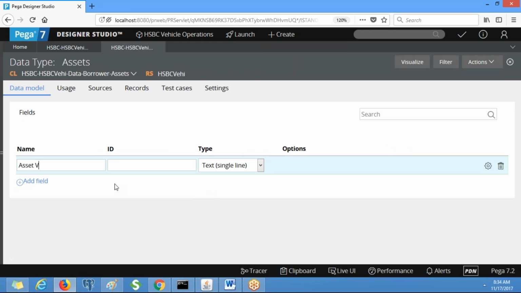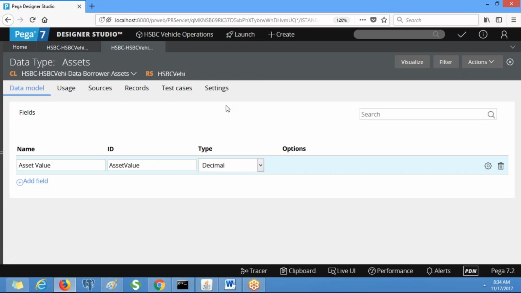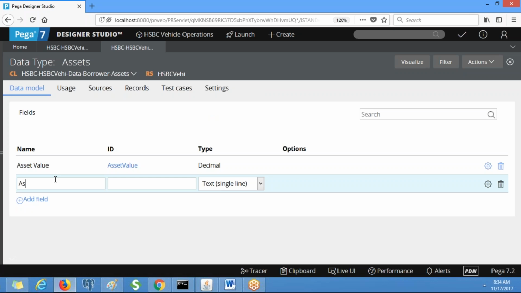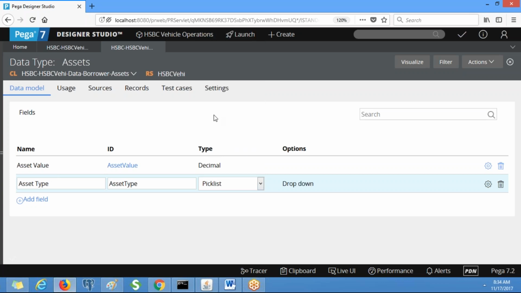Asset value is decimal. Asset type should be a drop down, so you need to select pick list. We will enter the values later.